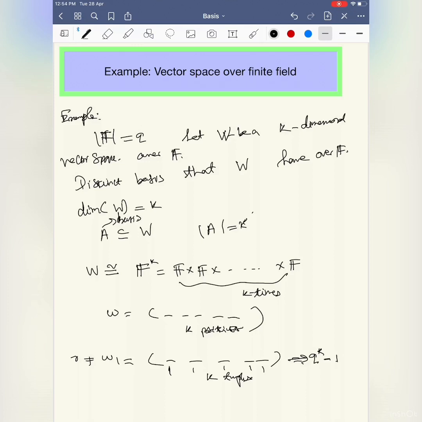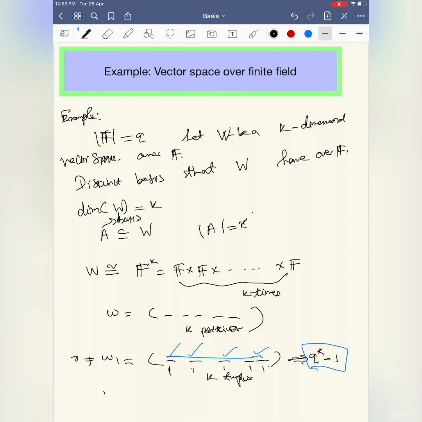Okay, I'm going to construct this really carefully. Only everywhere 0 is not allowed. Otherwise, some places 0, some places non-zero, at least one place non-zero is allowed. So I get all combinations, any element of the q elements can be placed here, but not all 0. So q to the power k minus 1, and this is the first pick.